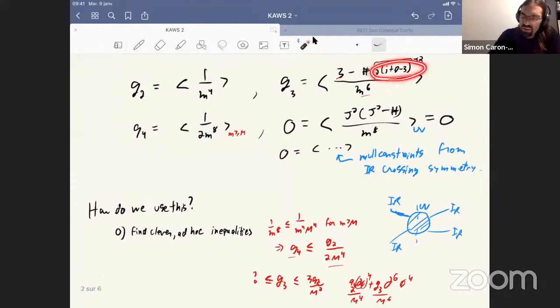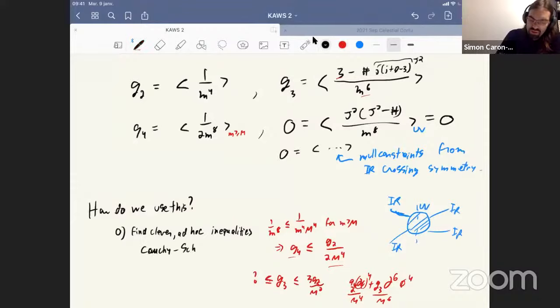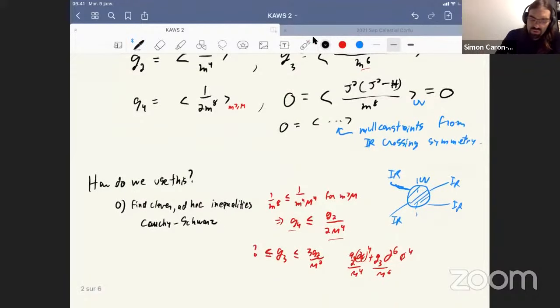But this does not follow easily from these bounds here. It turns out that using Cauchy-Schwarz, we described this in our paper with Vincent, and there was also another group, Shuyang Zhu and Andrew Tolley and others from Imperial, who derived it at the same time. Using Cauchy-Schwarz and things like this, you can prove things. But it's not very systematic, and you never really convince yourself whether you explored the full options.